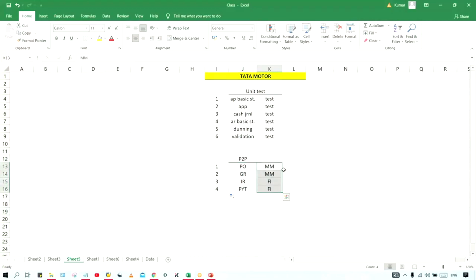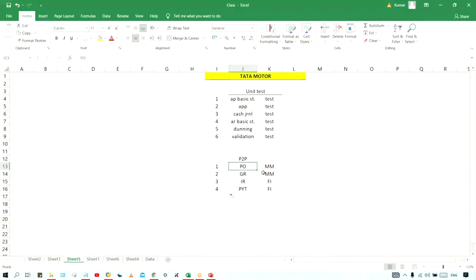There is an integration of two different modules, FI and MM, and we are having dependencies on the other module. Not only we, even they are having dependencies on us. So they have to complete their part, and we have to complete our part, and then we'll sit together and perform testing.